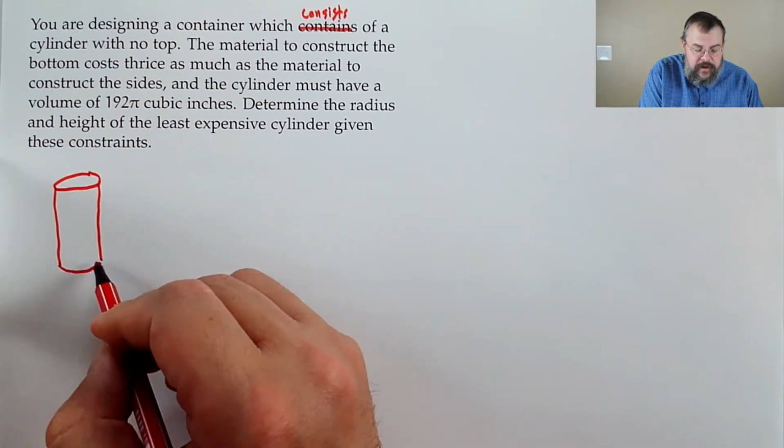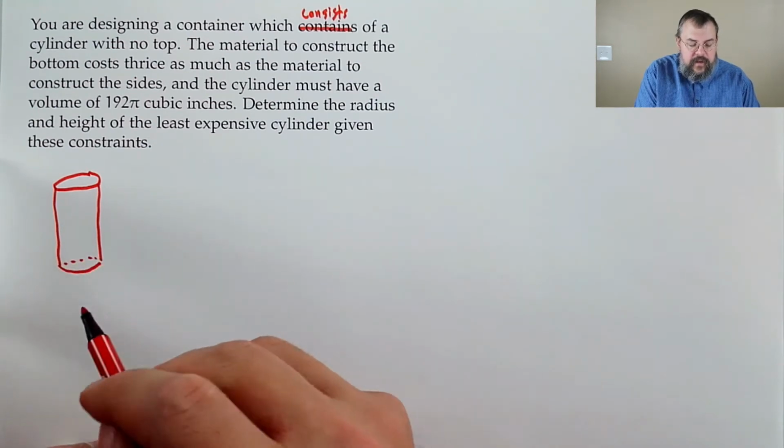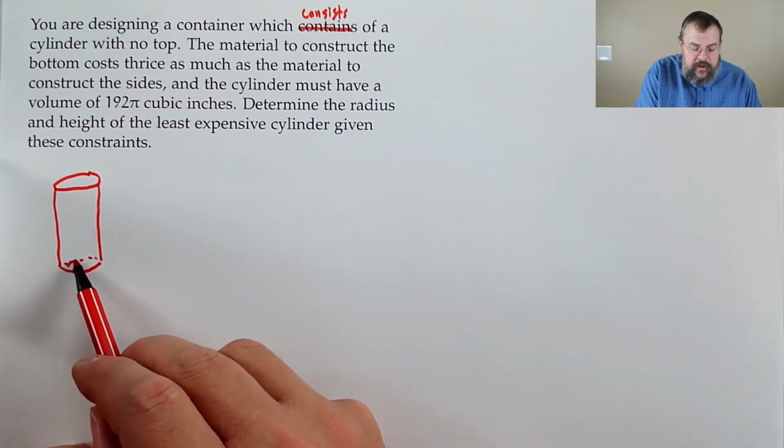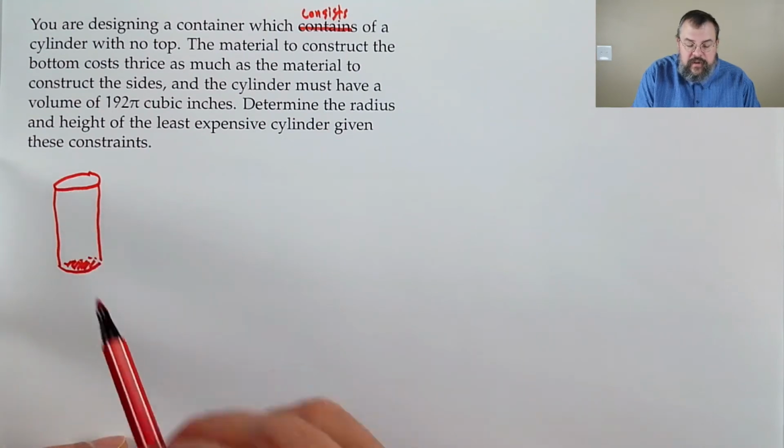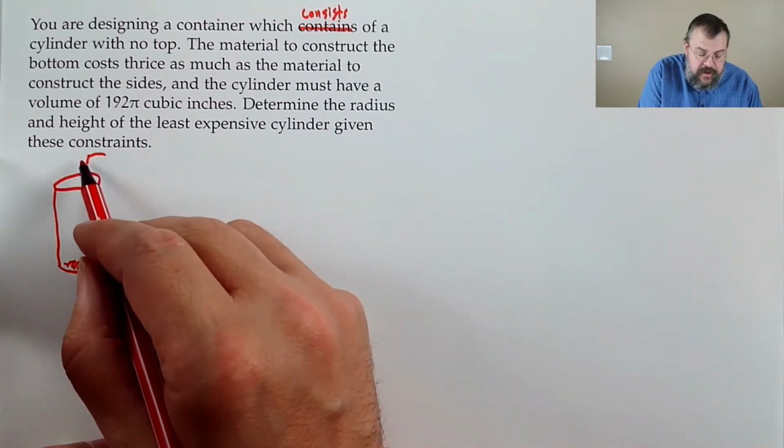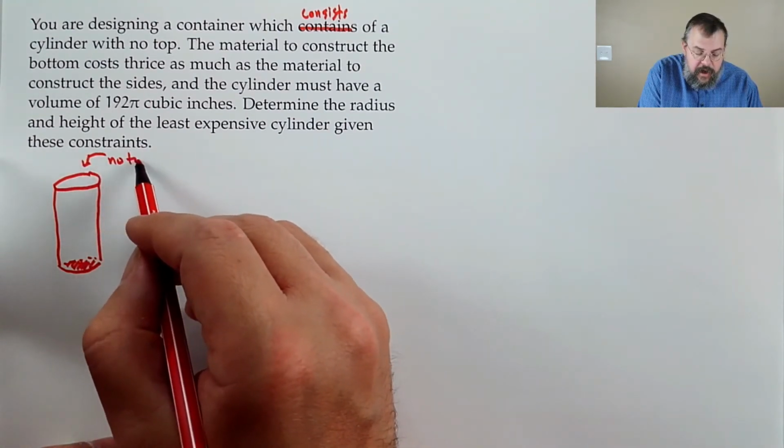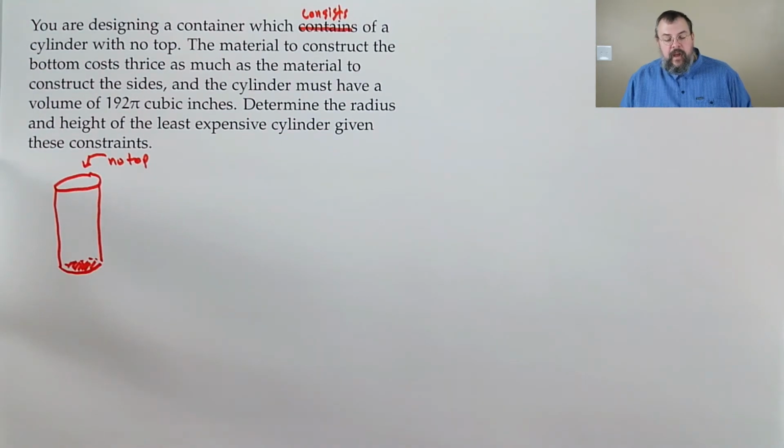Okay, there we go. So there's our cylinder. So we have a base down here. There is a base down here, but there's no top. So we'll make a little note to ourselves. No top. Good. Now, the material to construct the bottom cost thrice as much as the material to construct the